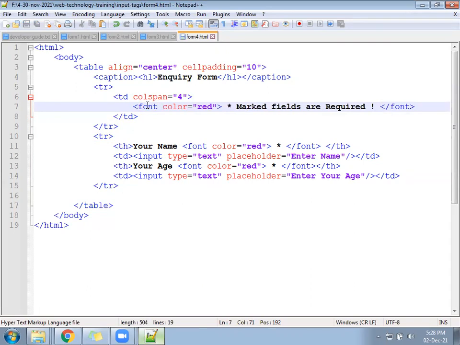Before the form, in the beginning, one red color line will be there. In that it will be written: star marked fields are required. Whichever fields are marked with a red star, all are required. Required functionality we have not added, we just designed the layout.